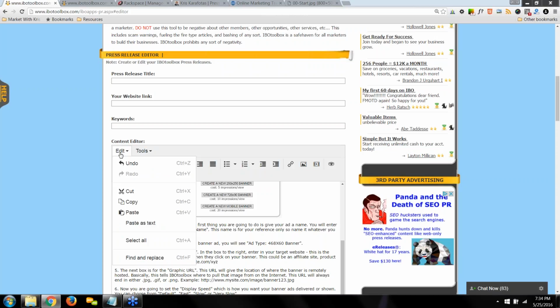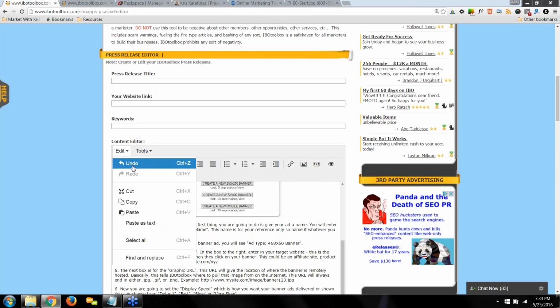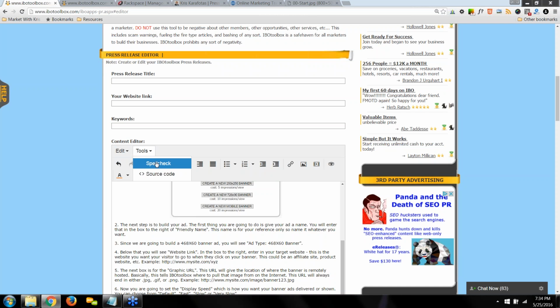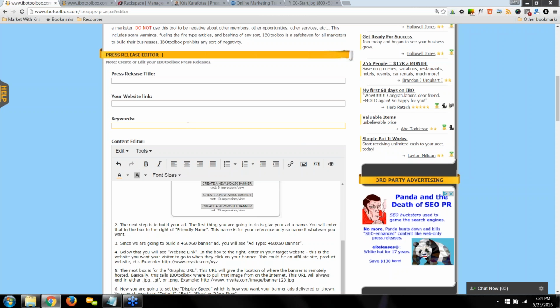Right. Is there a grammar check on this? Tools. Oh, spell check. I see. No, it won't. As far as I know, it's not going to be changed or corrected. You should really, again, for your own benefit and safety of losing a press release, do it in a different editor, and then put it in Notepad and then copy it over. Okay.